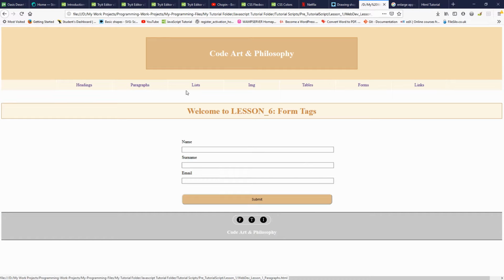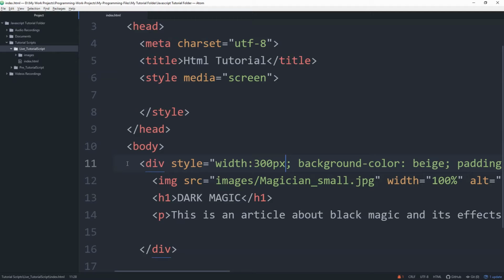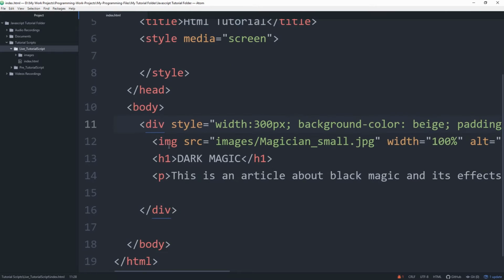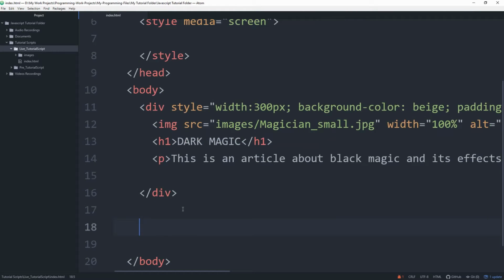Yes, we've covered headings, paragraphs, lists, and images. So you've got tables, forms, and links. Okay, so how I'm going to do this is I'll show you what tables are. I'm not going to mess with this, I'm just going to